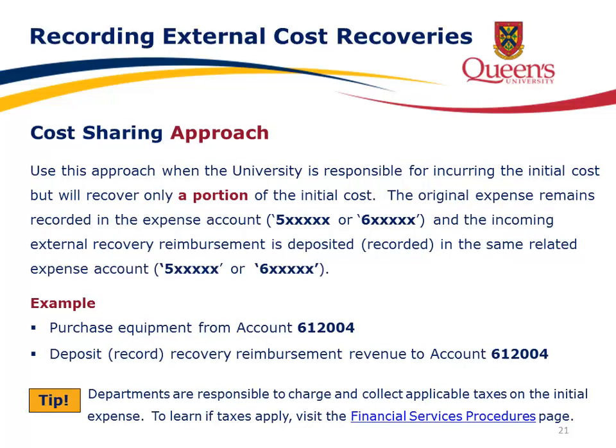The second method used for recording external cost recoveries is the cost-sharing approach. Use this approach when the university is responsible for incurring the initial cost but will recover only a portion of the initial cost. The original expense remains recorded in the expense account, an account that begins with 5 or 6, and the incoming external recovery reimbursement is deposited or recorded in the same related expense account that begins with 5 or 6. For example, purchase equipment from the equipment purchases account 612004 and deposit or record the recovery reimbursement revenue to the same account